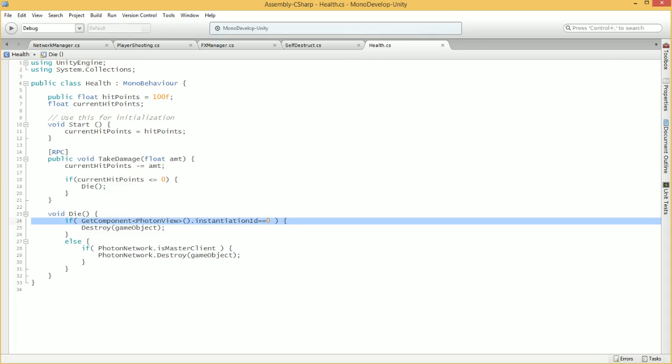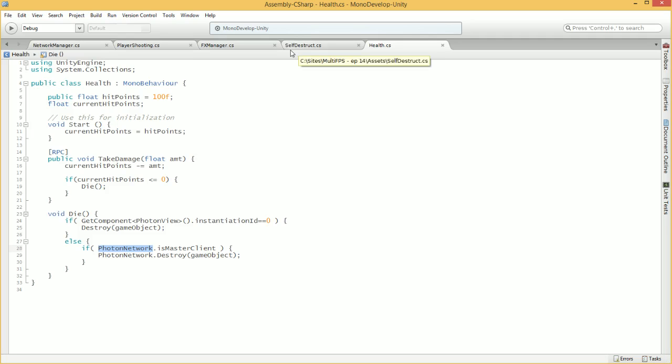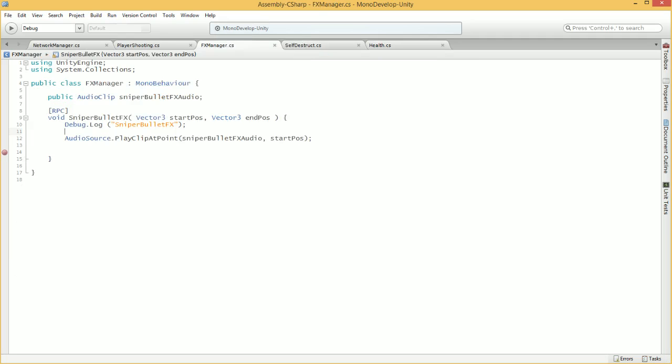If you recall our problem with our crate, objects that are instanced over the network, basically objects that were created with PhotonNetwork.Instantiate, have to be destroyed in a different way than objects instantiated just using Instantiate by itself. Stuff that exists locally on the computer, like what we're going to do here in our effects, we will just do Instantiate. Because the idea is this RPC call is being executed